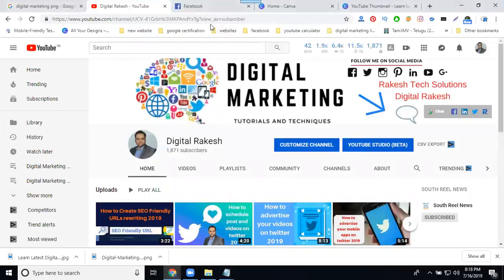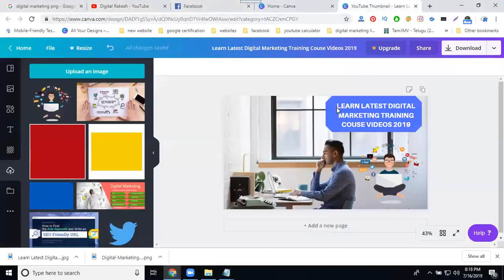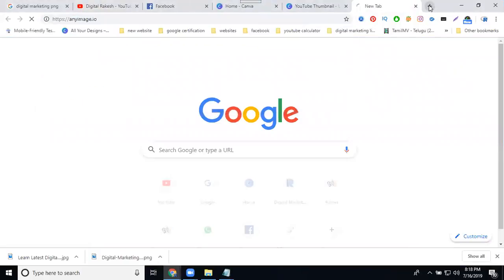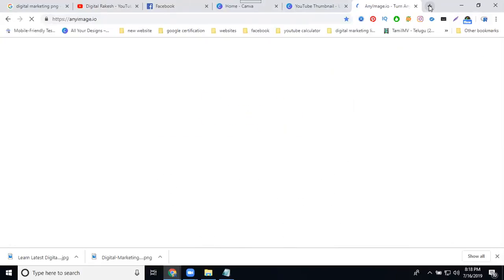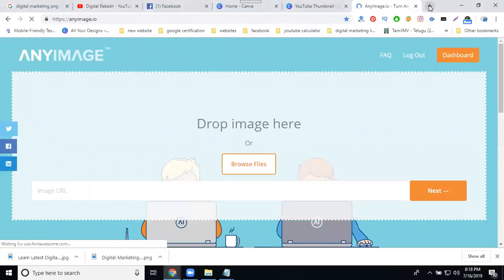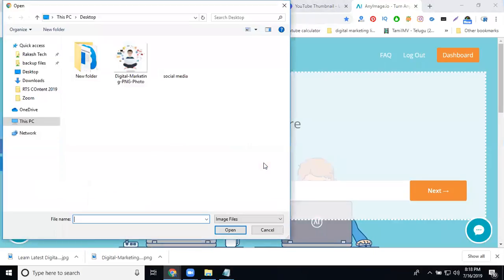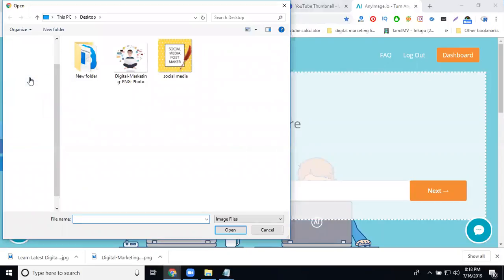And coming to this, everything is done. The image was prepared. Select anyimage.io. Without a website, you can use anyimage.io. If you have a website, use the website. That increases your traffic. Browse file. This is called the image. Go to download